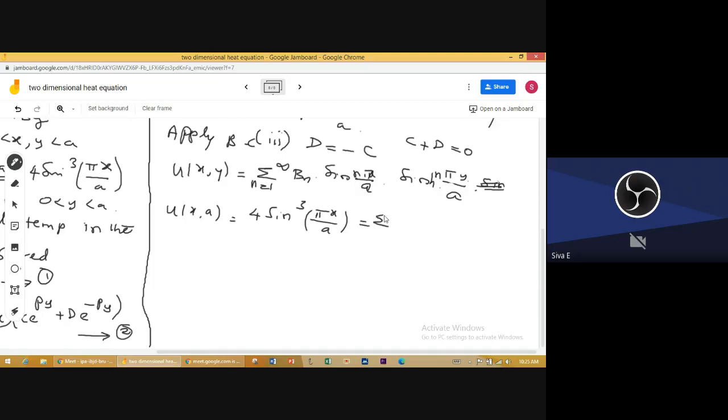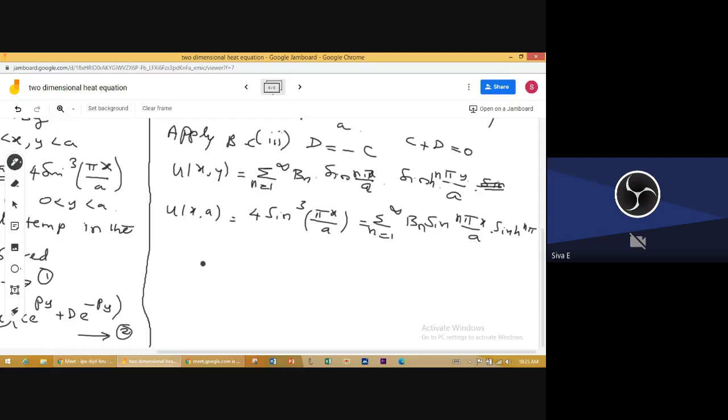Summation of n equal to 1 to infinity bn sin n pi x by a into sinh n pi. Okay, but